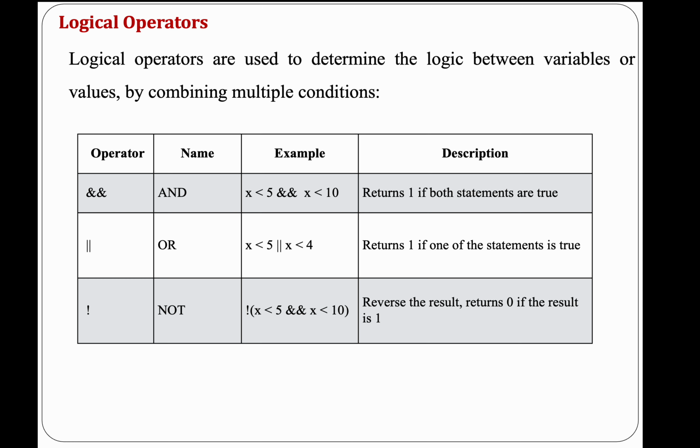Why do they say multiple conditions? You have an expression, for example, x less than 5, that is also an expression. x less than 10, that is also an expression. So here, the logic between the variables: if the x value is really less than 5, it will be considered true. x less than 10, if the x value is less than 10, it will be considered true. Logical AND says both the expressions, which means the left hand side expression and right hand side expression,